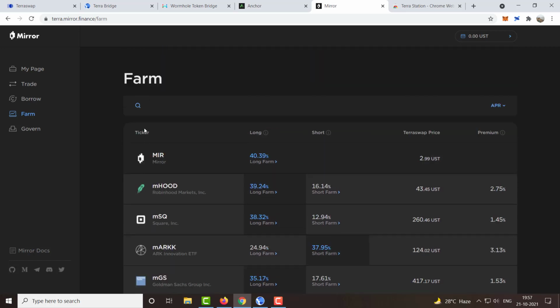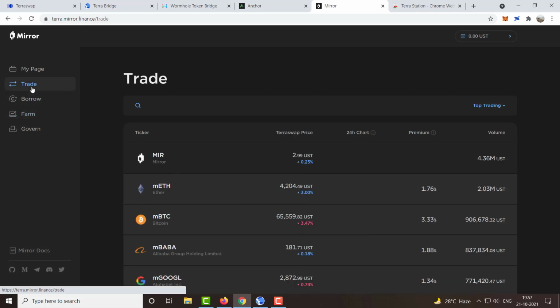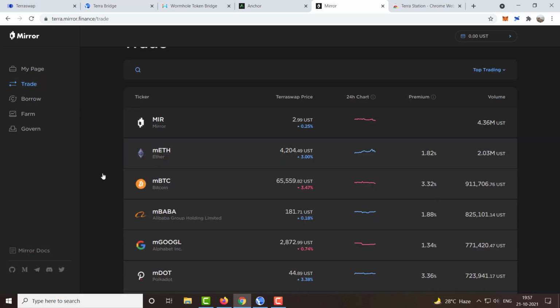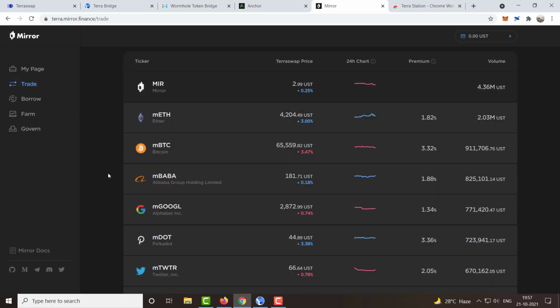So for the people who are not into crypto and want to trade stocks, this is a great platform for them, and over here they can buy these stocks.